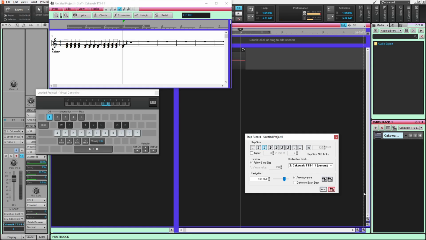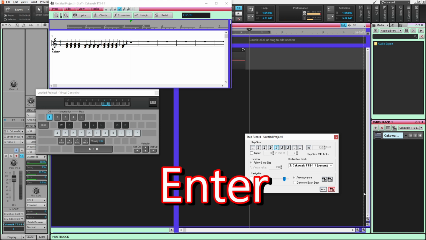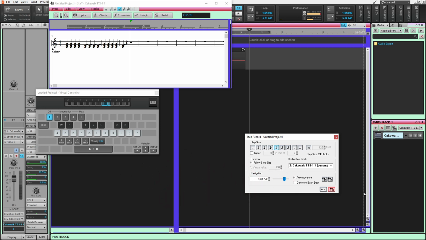Let's say I ended my quarter notes, and now I want to do 16th notes. So I'm going to press 6 on my computer numbers, and that's going to move it to 16th notes. But say I don't want it to start right there. I wanted to start a little later. You can just press Enter and then put it where you want it at. And let's say I want to do